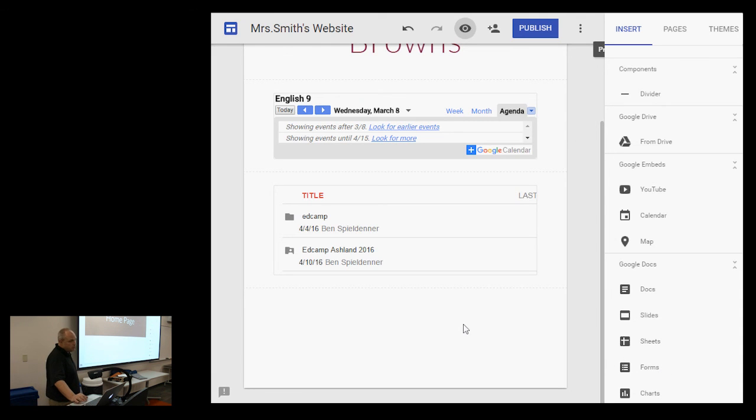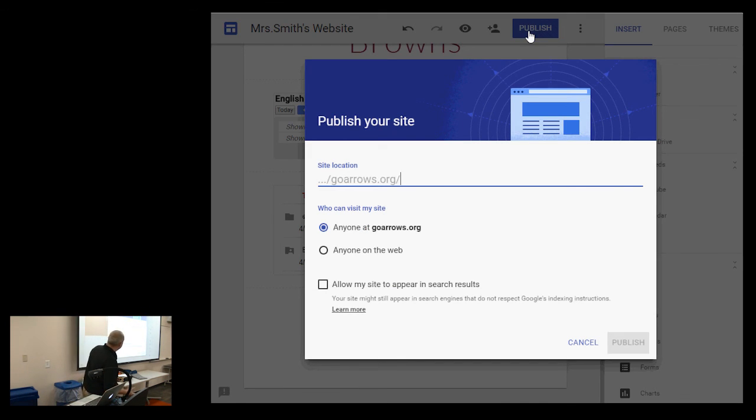When you're ready to go, you want to go to publish. If you click on publish, it will publish your web page online. Right now, you can put whatever you want on your site, and nobody can see it because you haven't published it. Once you publish it, you can determine who you want to publish to. You can publish it to, honestly, just anybody that's in our domain or anybody that's on